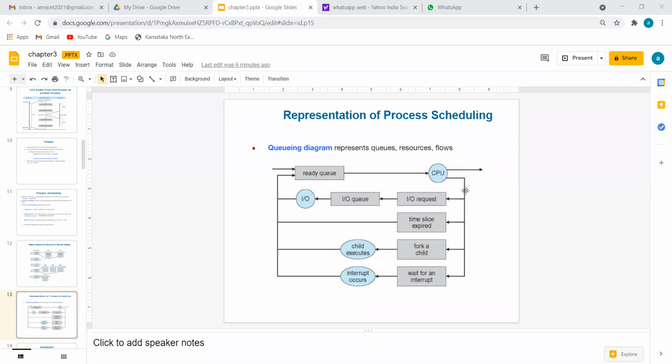Okay, after the password, I want to give the amount, how much I want to withdraw. So that is done. Finally, what happens? Ready, then CPU, password is given, again ready, amount is given, again ready, and if the amount is available, I will get the amount and the work is done.